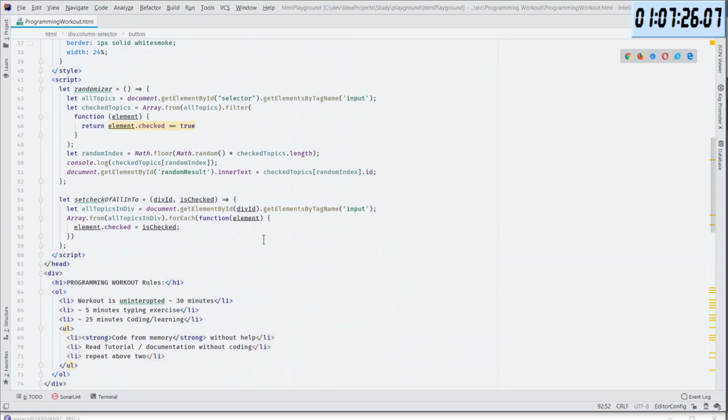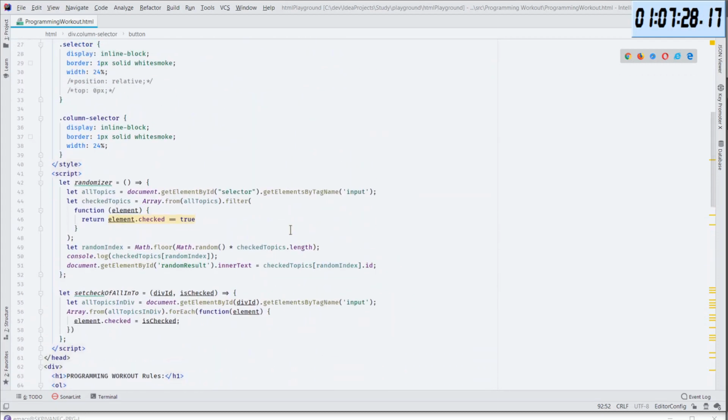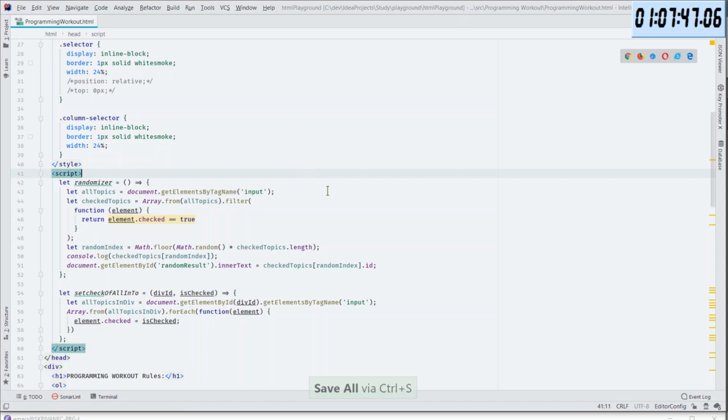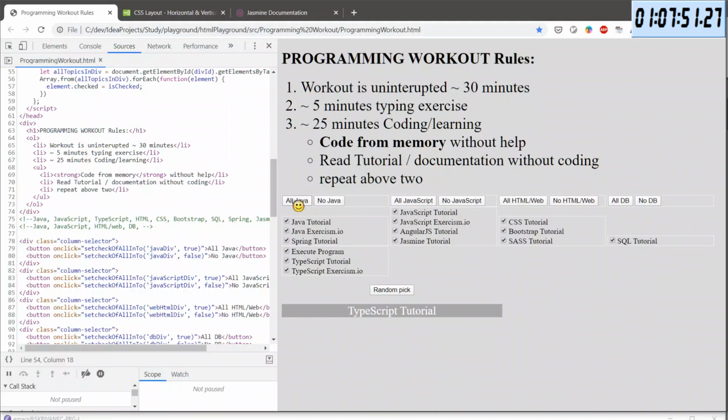Okay. So can I do it like this? That would be awesome, because that would save me a lot of trouble.